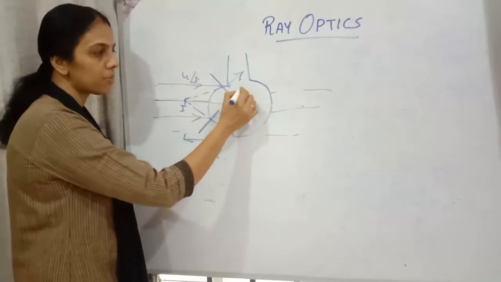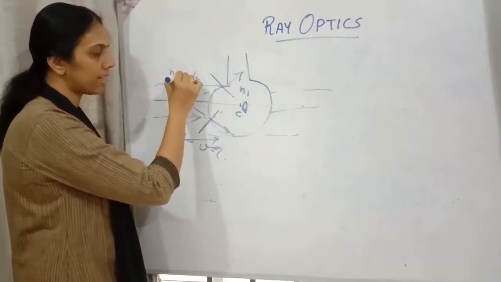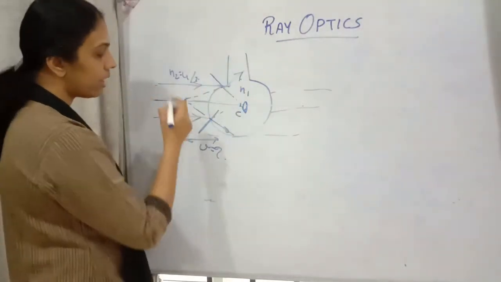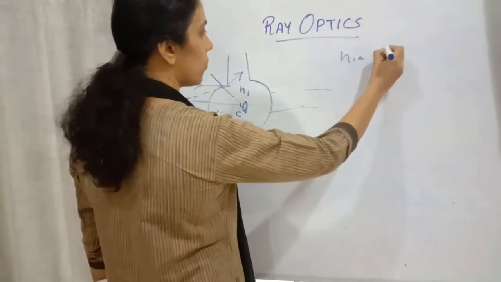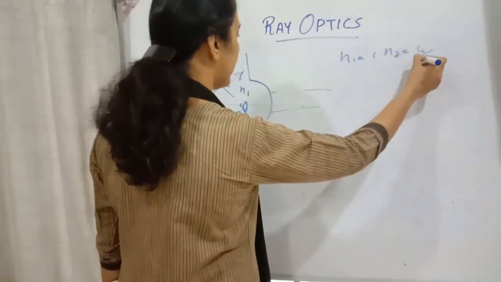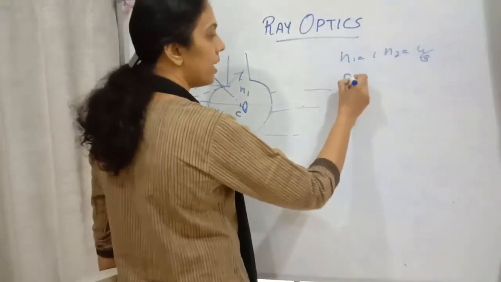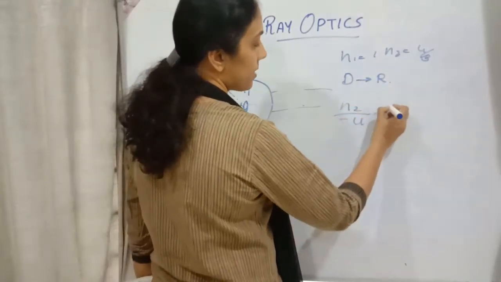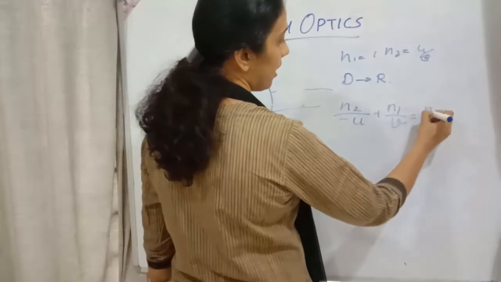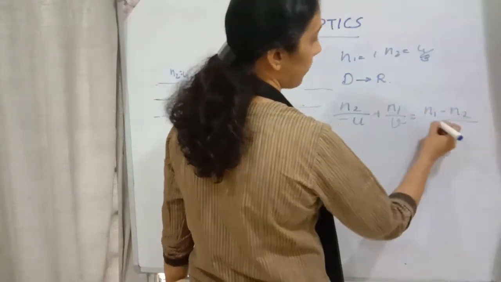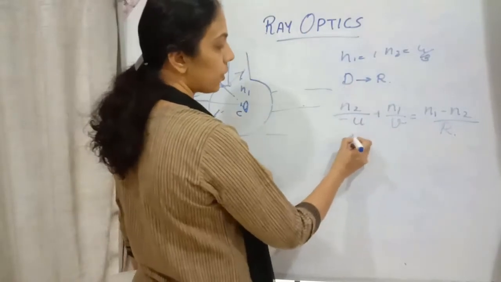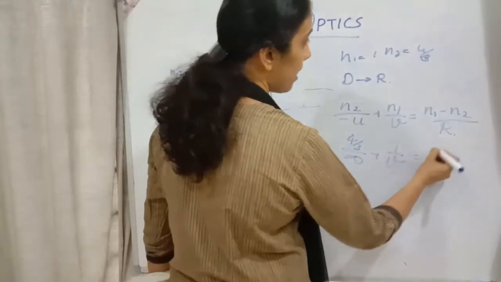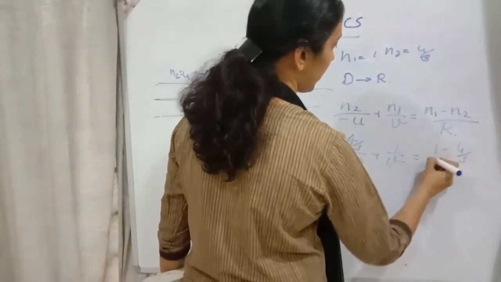Okay, so which is the first medium? This is the first medium and this is the second medium for the observer who is inside the flask. So here we have n1 equals 1, n2 equals 4/3, and the ray of light is passing from denser to rarer medium. The formula is minus n2 divided by u plus n1 divided by v equals n1 minus n2 divided by R. So n2 is 4/3 divided by u, where u is infinity, plus 1/v equals n1 minus n2, that is 1 minus 4/3, divided by